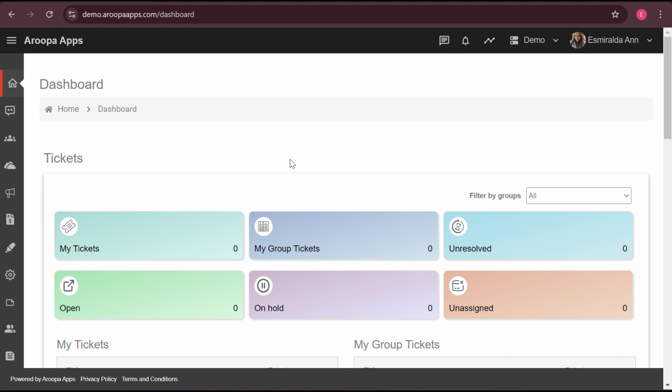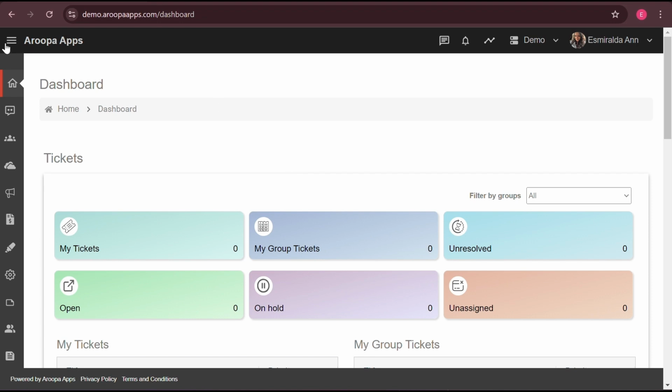Finally, I'll demonstrate how to build a seamless workflow where the organizer receives a registration notification, registrants receive a confirmation email, and the survey form is automatically sent after the event. This setup is designed to be hassle-free. Once configured, Arpa Apps takes care of everything effortlessly.